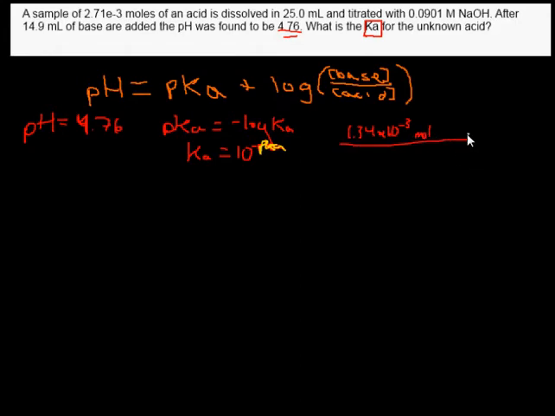Now, this is just basic stoichiometry in case you didn't know. Now we also need to figure out what the molarity of the conjugate base is. Otherwise we can't use this equation. So how do we do that? We take the number of moles and divide it by the total volume. Why not just this volume or this volume? Well, because they've already been added together and they've already reacted, and this is how much we got. So the total volume, in case you didn't know, is 39.9 milliliters, which is equal to